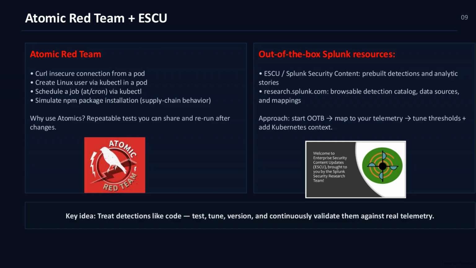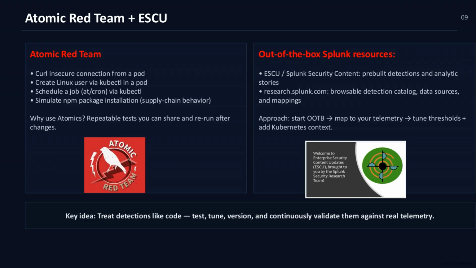In this slide, we're focusing on the combination of Atomic Red Team and Splunk's Enterprise Security Content Updates, or ESCU. Atomic Red Team provides a suite of repeatable tests, including activities like curling insecure connections from a pod or creating a Linux user via kubectl. These tests help simulate real-world scenarios like supply chain attacks through NPM package installations. They're designed to be shared and rerun, ensuring consistent testing across